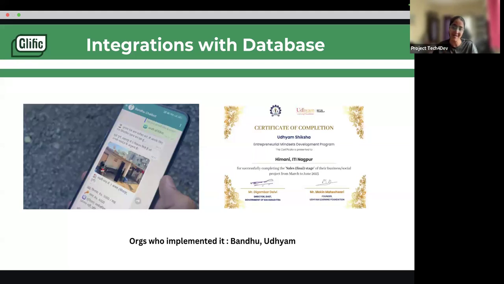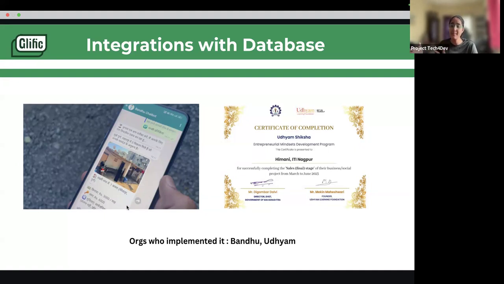Similar to that, we have Udyam. Udyam is an organization which builds entrepreneurial mindsets in children. They have a set of programs, with different steps which a group of students should carry out, and at the end of the program they get seed money to actually start a business on their own. They have created a separate application where the teacher can assign students to different groups. So one integration is that this separate application talks to the chatbot and assigns students to different collections or groups, or assigns different contact variables for them.